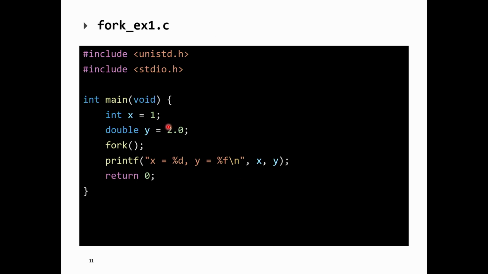So here's a little example. I've got x equals 1 and y equals 2, and then I call fork. So when you call fork in this case, two processes will now run. The current process will print out x and y, and then the child process will also print out x and y, and then they'll both return, and away you go. And remember, they're running in their own separate memory spaces. So if you run this one,